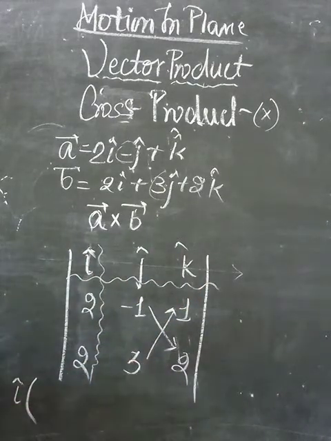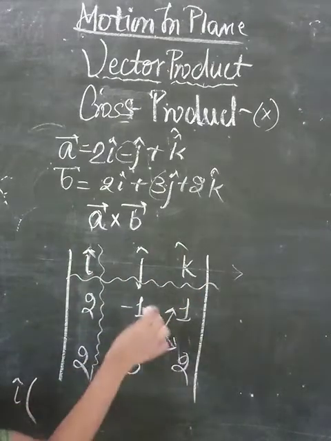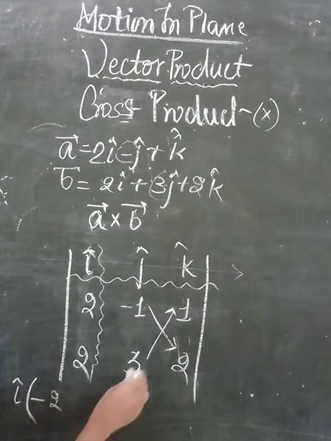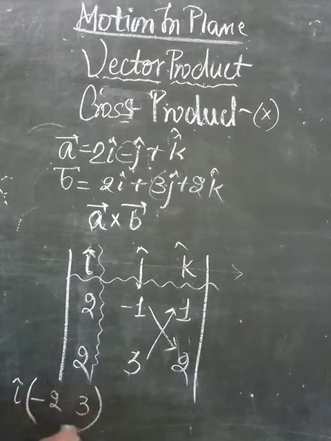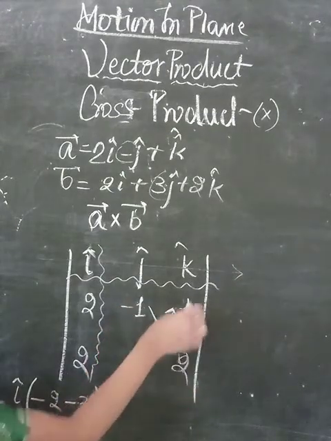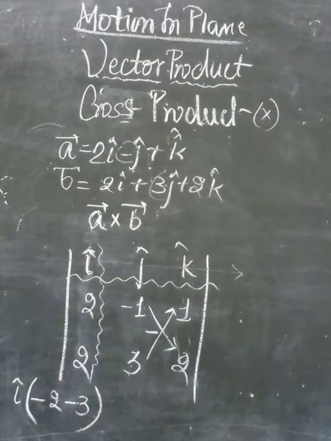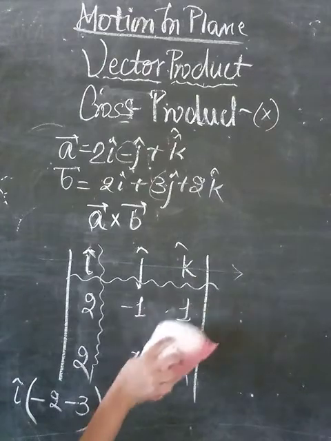Okay, so leaving these lines, what is remaining here? 1, 2 and 3, 1. So we will be cross multiplying it. That is, 2 ones are 2, but the minus sign is there, so it will be minus 2. And on multiplying, 3 ones are 3, and they are both subtracted from each other. So on multiplying this cross, we will be putting the sign in between, which will be negative.